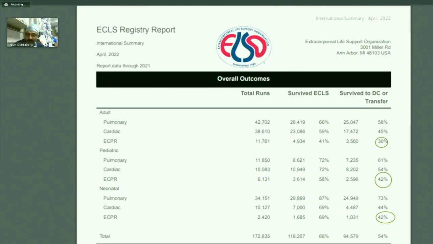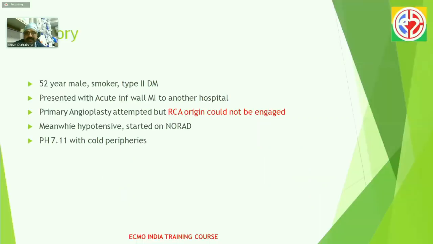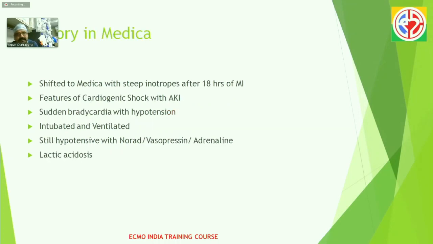For the last thing, I just want to share one case: a 52-year-old male smoker with type 2 diabetes presented with acute inferior MI in another hospital, and they attempted a primary angioplasty, but the RCA origin could not be engaged. Meanwhile, he became hypotensive and was started on NORAD. His pH was 7.11 with cold peripheries. He got shifted to our hospital on steep inotropes after 18 hours of MI, with features of cardiogenic shock with acute kidney injury, sudden brady with hypotension, frank right ventricular infarct, still hypotensive, intubated, ventilated, NORAD, vasoadrenaline, all inotropes started,